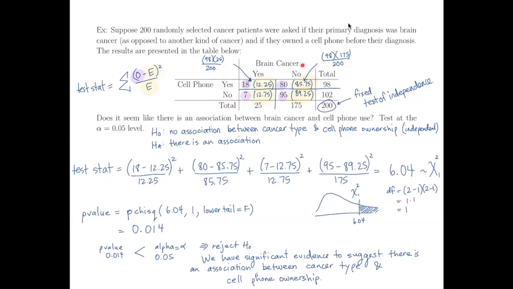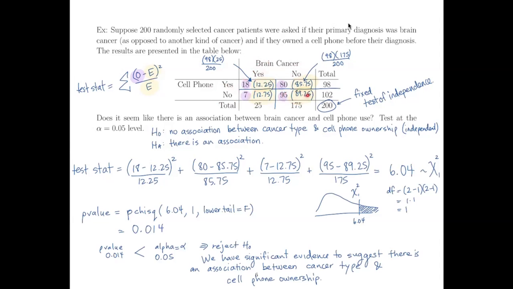And age might also be associated with whether or not someone has brain cancer. Older people tend to get different types of cancers, so prostate cancer, skin cancer, and other types of cancers are more likely among older people. Brain cancer tends to strike younger people. You don't tend to hear a lot of 80-year-olds getting brain cancer. So if you have a lot of young people saying yes, they have brain cancer and yes, they own a cell phone, and you have a lot of elderly people saying no, they don't have brain cancer, they have a different kind of cancer,